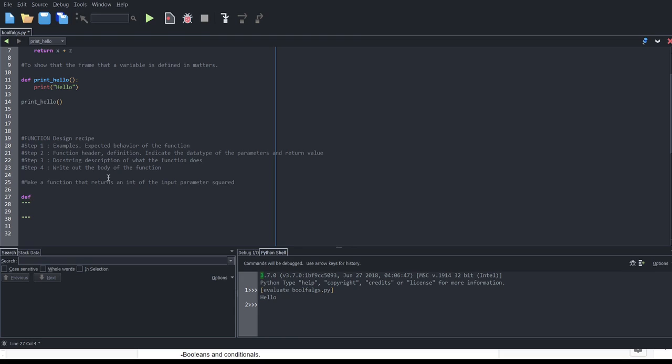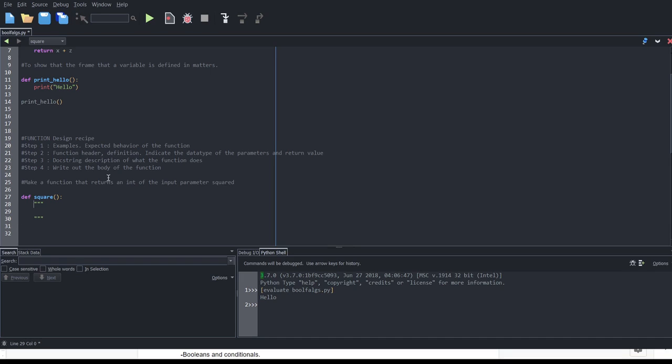Now, what's a little bit backwards about how the textbook teaches you your function definitions, to do the function design, to do the examples before you do your docstring or your header, you can't put the docstring in the proper place before you do the function header. So I think, honestly, you should do the function header first. That's my opinion, but they're testing you on the textbook. But it just makes a lot more sense to me if it was the other way. So let's do this example. Let's do the function header first so we can put our docstring in the right place. So let's say our function, well, it takes the input parameter and returns the squared version of it. I think square is going to be a reasonable name for it.